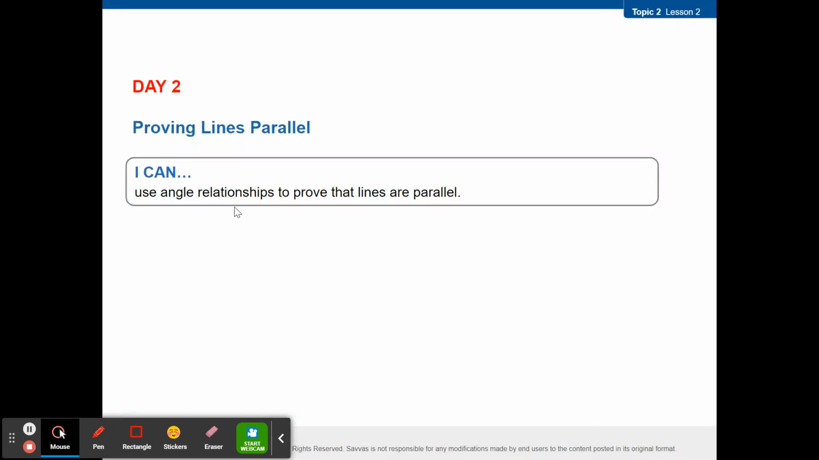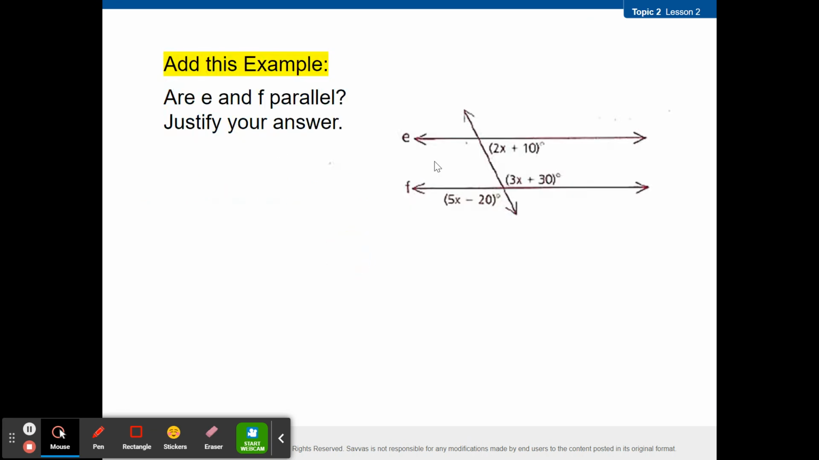Okay, so again, we're just on day 2 of 2-2. Again, we're going to use those angle relationships to prove lines are parallel. The first thing you need to do is on that separate sheet of paper I asked you to take out, you just start to draw this. This is one of the examples that you're going to see, or not the exact example, but something very similar